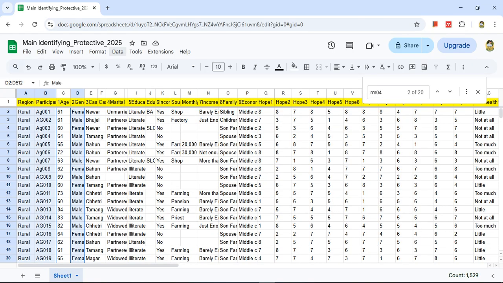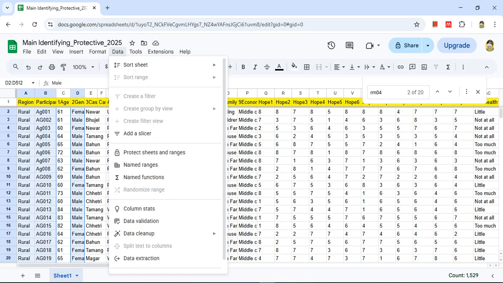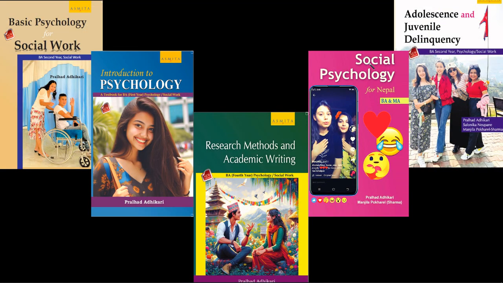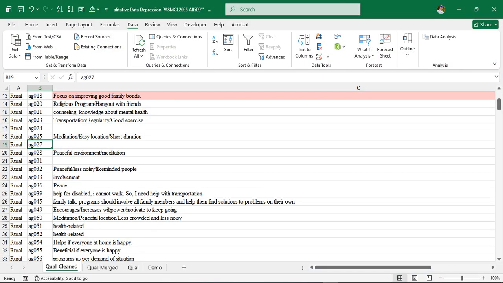I selected it. What if I go to Data and Sort Range? It's still not possible if they are not consecutively together, but I don't think that's the case in Excel. In this functionality, Excel seems to be ahead of Google Sheets. So in Google Sheets, you can sort two or more consecutive data ranges, but not scattered data. But that's not the case in Excel. In Excel, you can sort data that are even scattered across columns, even when they are separated